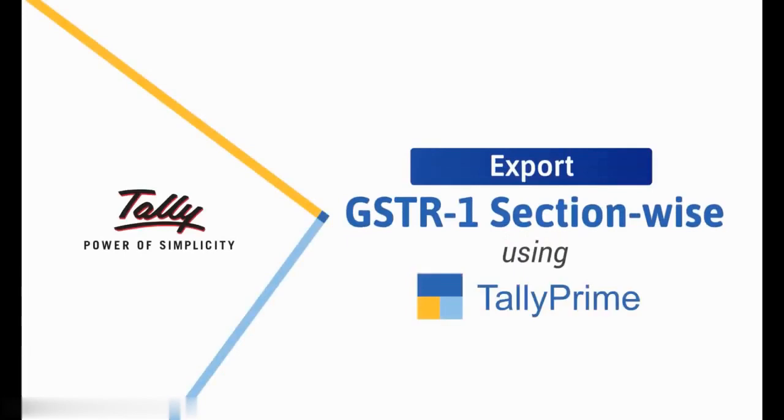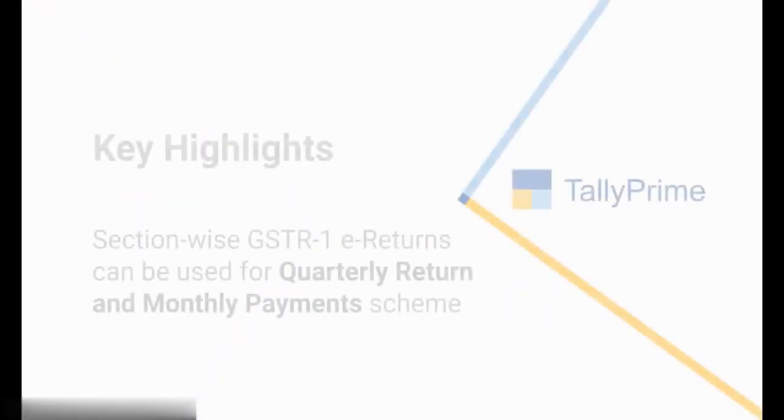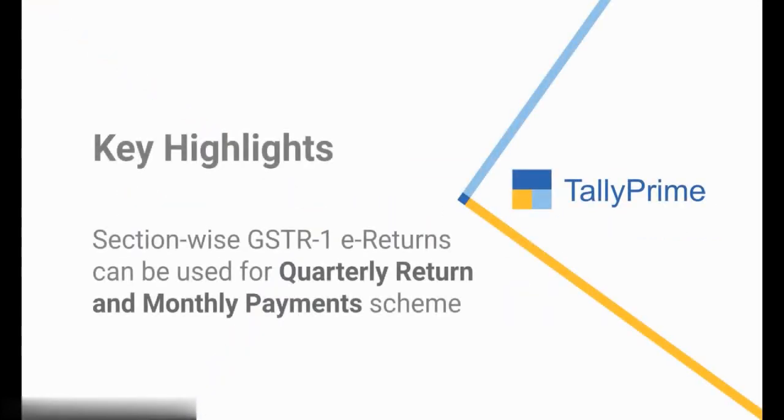In this video, we will look at the process to export different sections in GSTR1 to separate JSON files using Tally Prime. This gives you an opportunity to file GSTR1 returns section-wise. This small configuration in GSTR1 returns in Tally Prime can be used by dealers who have chosen quarterly return and